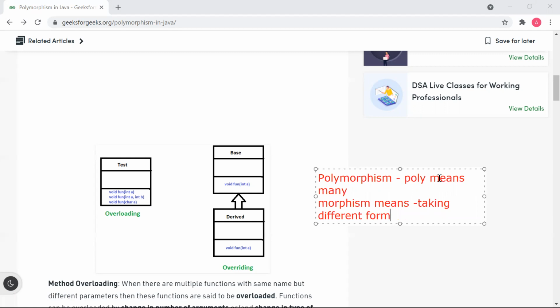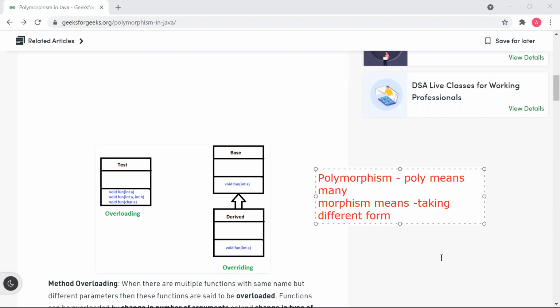Polymorphism means poly means many, taking multiple forms. In C++, if you have studied, there was also polymorphism because C++ is also object-oriented programming, but there was operator overloading. It means the same operator can perform different operations.